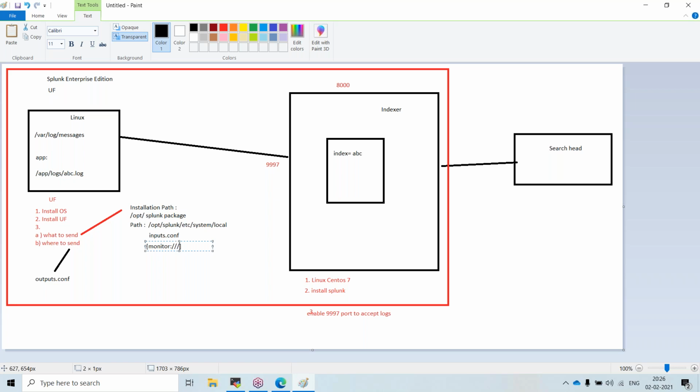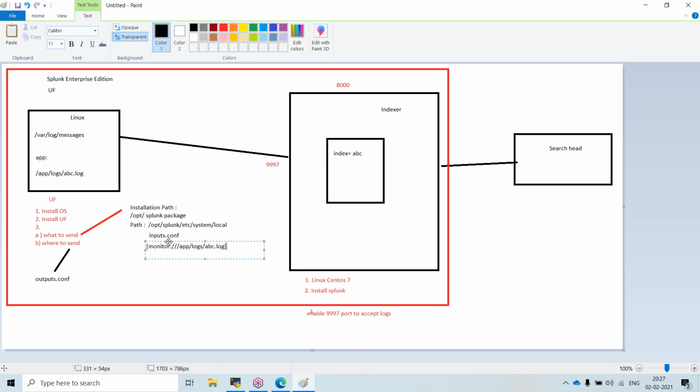In my case, if I want to send my application logs, I have to give the path like app slash logs slash abc dot log. If I put my configuration in this stanza, then only the Splunk universal forwarder would be able to send to this indexer.